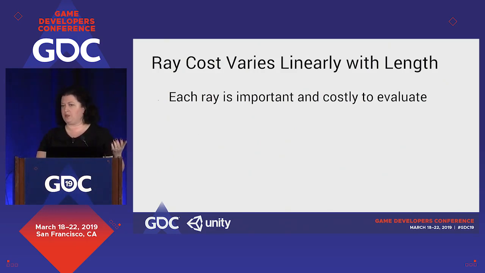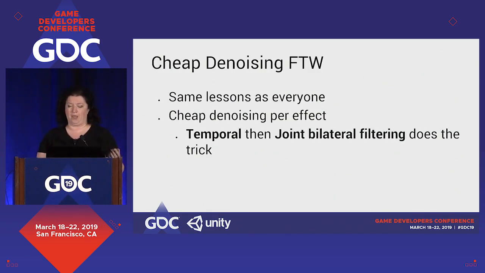It's very straightforward to understand the cost of rays. It varies linearly with length. We actually did a number of performance profiling runs to determine that. And for the live demo that you will see in a few minutes here, we use 1 ray, for example, for regular effects. For some of the more expensive effects like reflection, we use quarter resolution. And then for AO and shadows, we end up using 4 rays. Now, of course, this is the sweet spot of perf versus quality.